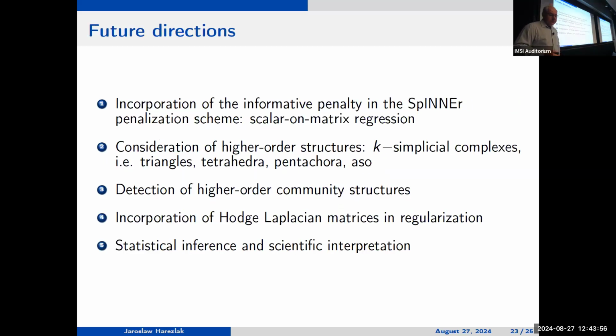Now, this is addressing one of the questions, at least, that was posed in the email, about future directions. One of the things that we haven't done yet, and that we're working on currently, is that we introduced certain assumptions for the scalar-on-matrix regression, but we haven't incorporated this external information. So this is something that we are pursuing currently.